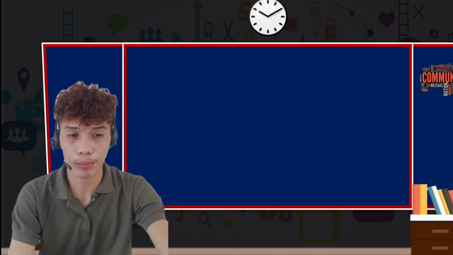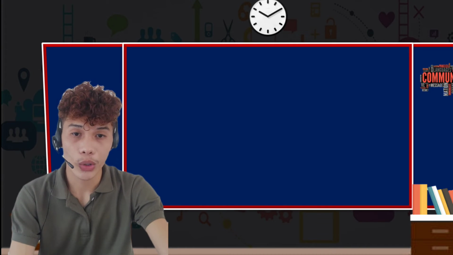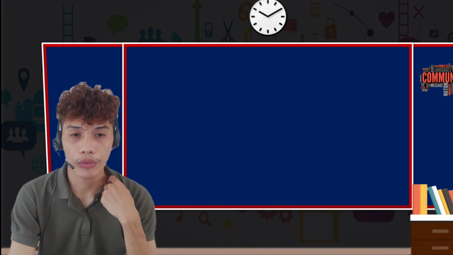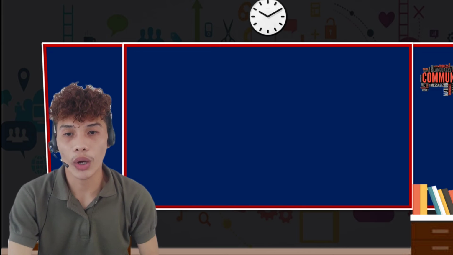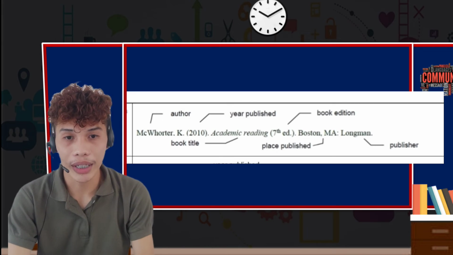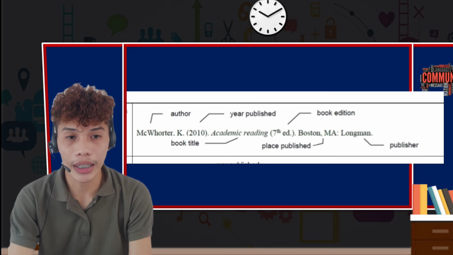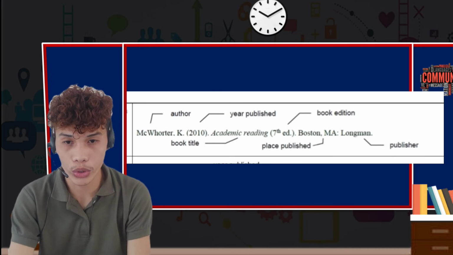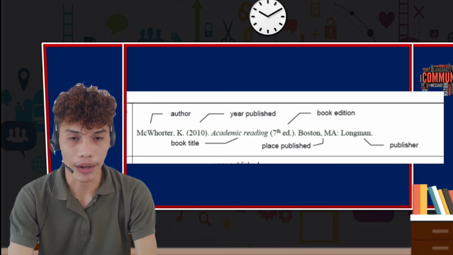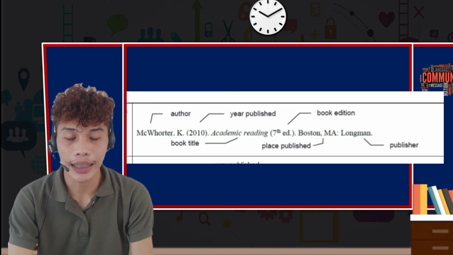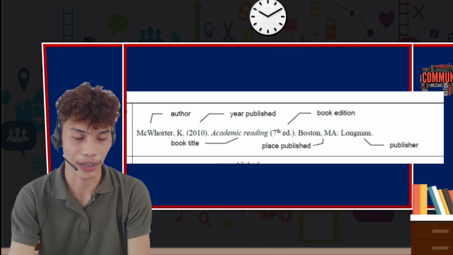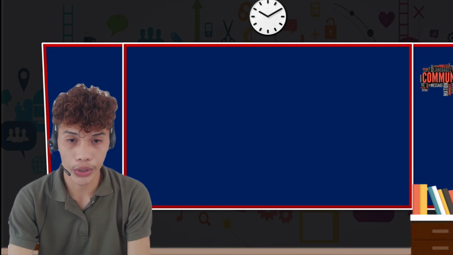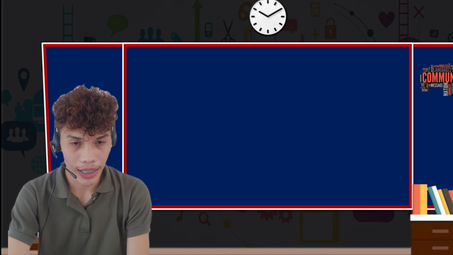Now, I will show you some examples on how to do APA style referencing using different sources. If your reference is a book, then you have to follow these steps. The first thing to do is start with the author's last name, followed by his or her initials, and the year of publication must also be enclosed in parentheses. Then afterwards, you write the book title in italics, and then include the book edition if available, the place where the book has been published, and the publisher. However, if there are 2 or more authors, then you just have to follow these examples.